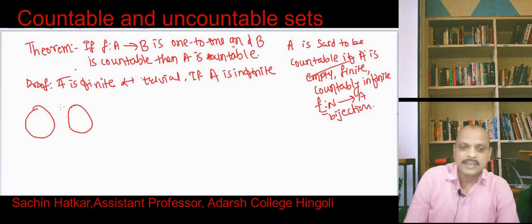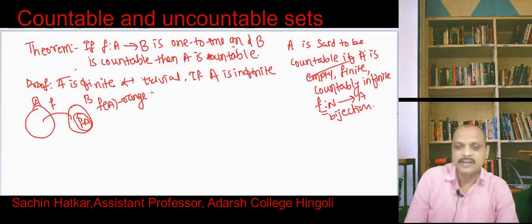Here is my A, here is B, and this is a function f. Then you can see that this is f of A. So f of A is the range set of A, and it is a subset of B. When A is infinite, the range set f of A is also infinite,